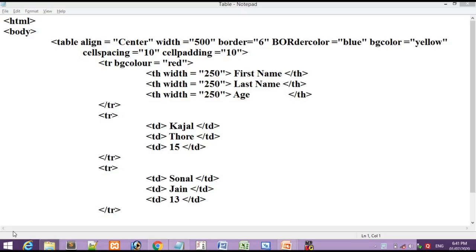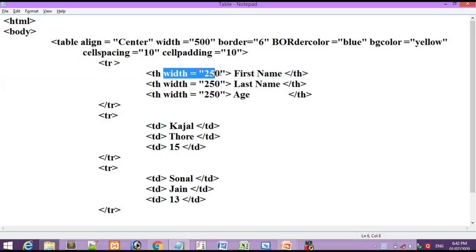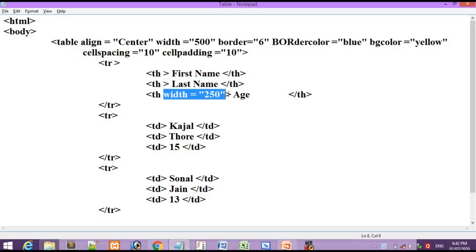Students, now we will see practically how to use all these attributes inside our tr, th and td tags. I hope you understood why we are using these attributes inside the sub tags of the table element.